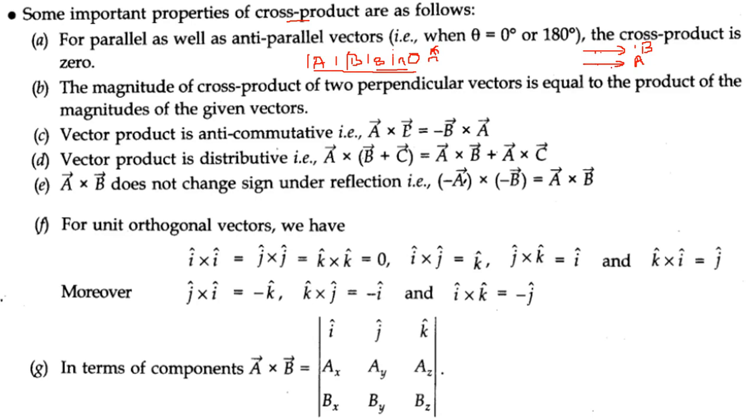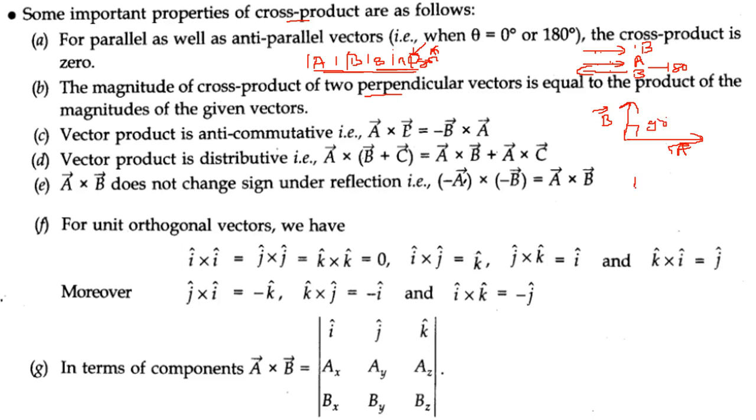If I say A is here and B is in the opposite direction, so what is the angle between A and B? Now it is 180 degrees. Let us put 180 degrees in place of 0. Again this is 0, so again the cross product will be 0. The magnitude of the cross product of two perpendicular vectors is equal to the product of the magnitudes. So when A and B are perpendicular,